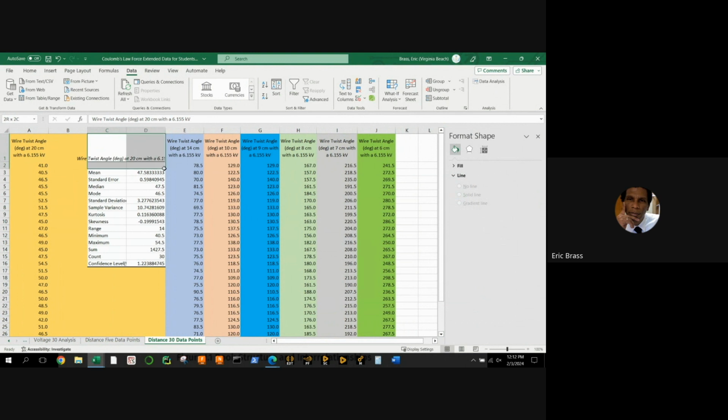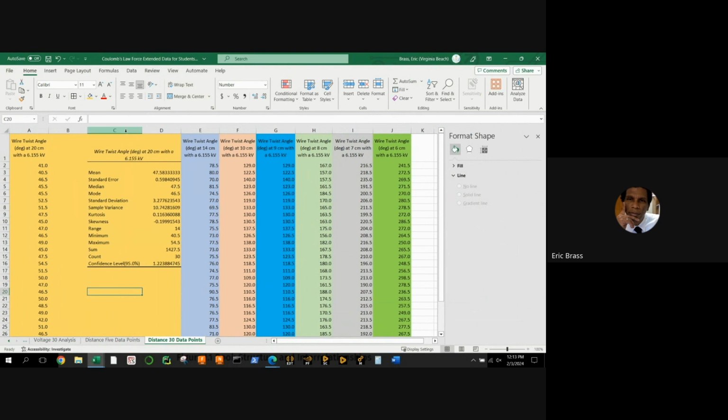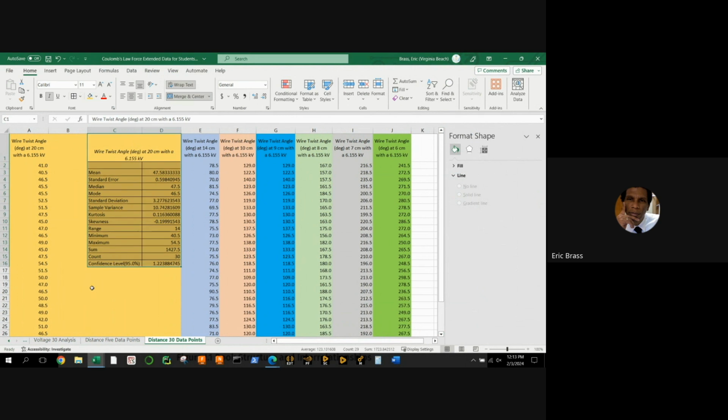So we have this. I'm just going to go ahead and take this. I want to wrap this text. I want to merge and center it. And I want to change the color back to this yellow. All right. And go ahead and open this up. I am going to go ahead and also run those lines. So now we need the normal distribution